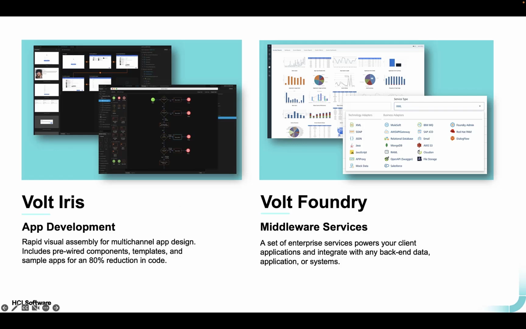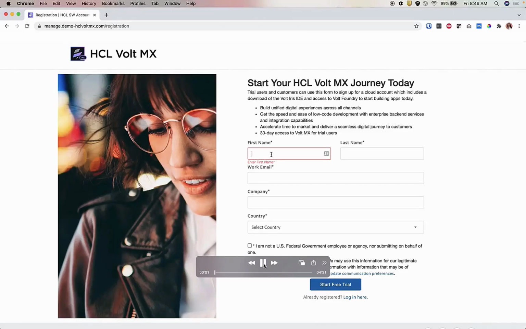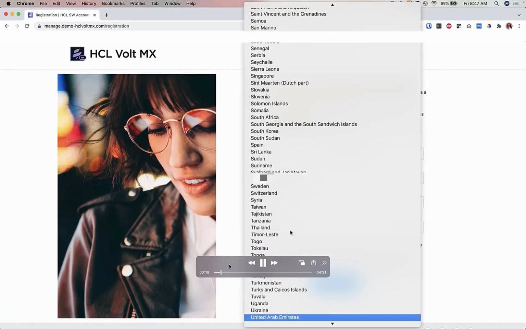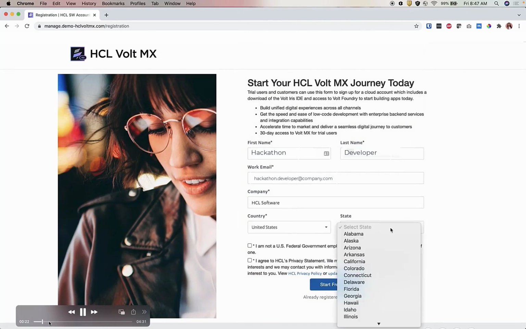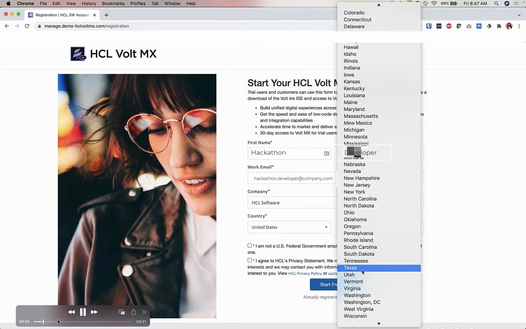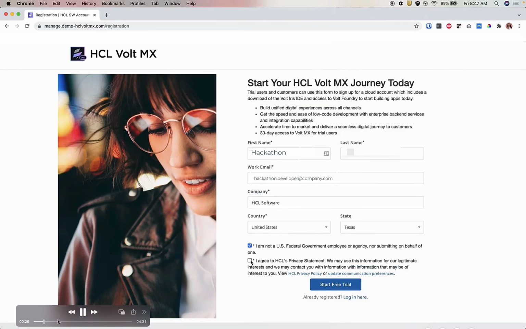Now let's move on to sign up. So to sign up, you will be going to this website called manage.demo-hclvoltmx.com/registration. We will have this web page and this detail also annotated in the list of resources. You basically sign up giving your first name, last name, and the region you are in. You cannot be a federal customer to sign up, and you agree to our privacy statement and you start your